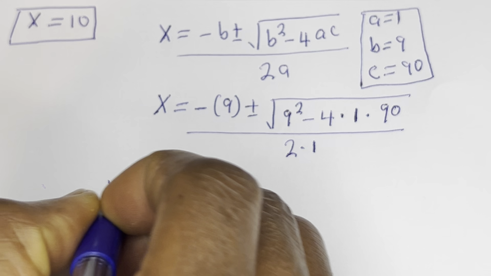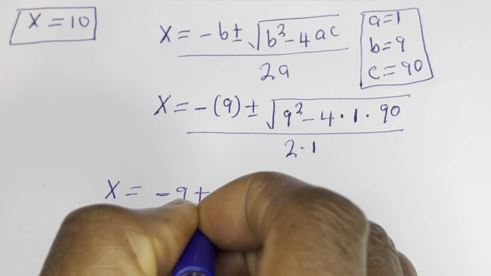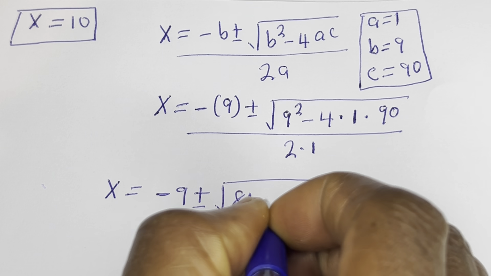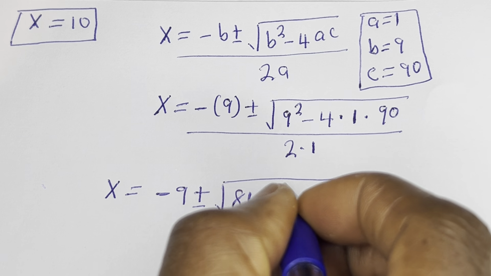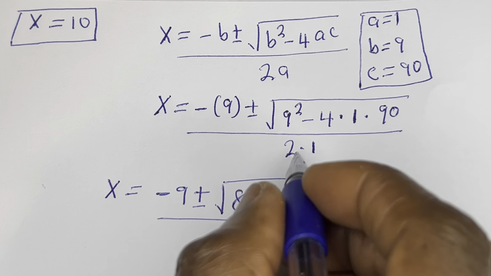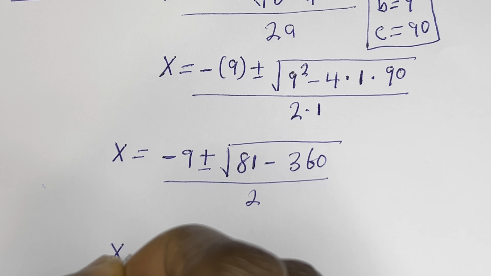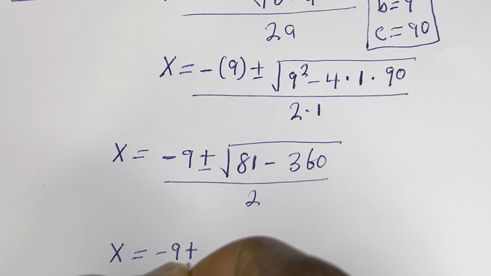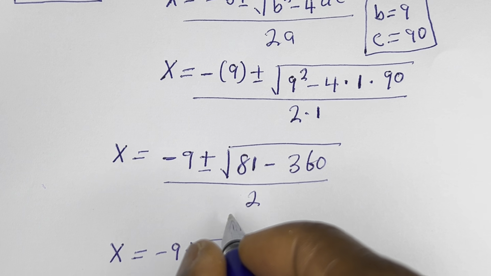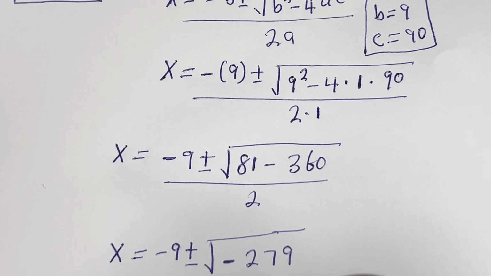Then s is equal to minus 9 plus or minus square root of 9 squared, this is 81, minus 4 multiplied by 1 multiplied by 90, that is 360, over 2 multiplied by 1, that is 2. Then s is equal to minus 9 plus or minus square root of 81 minus 360, that is minus 279